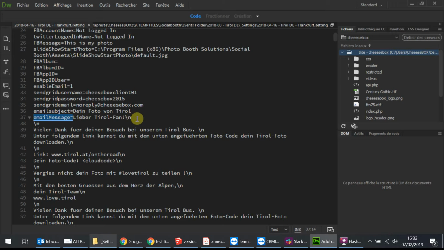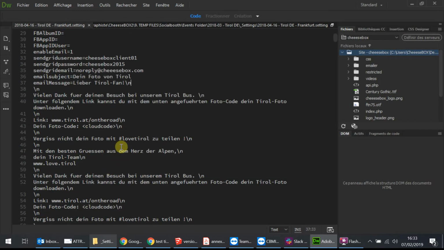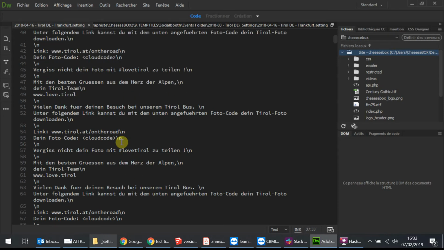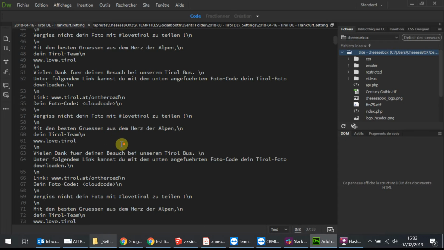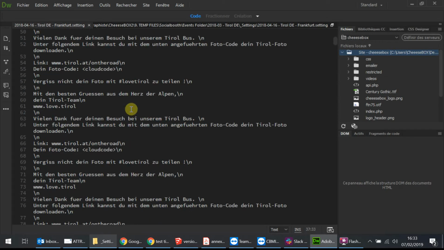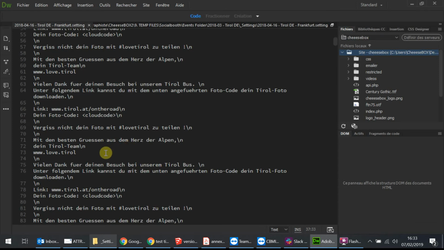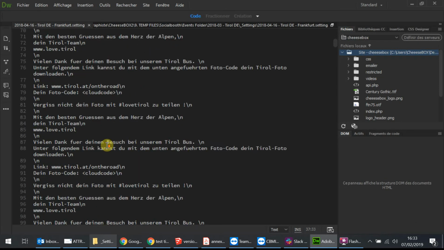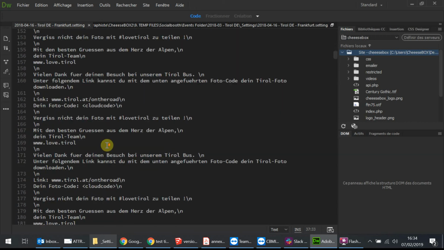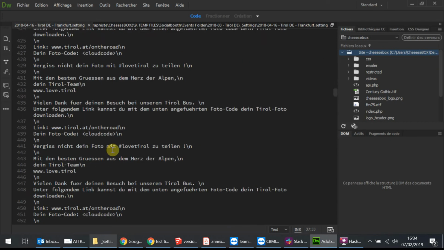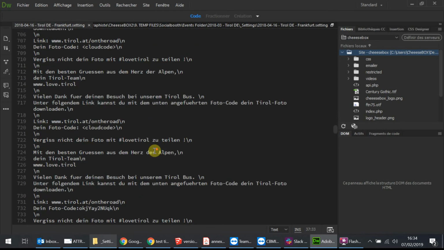So I have "Liebe Tirol fan", and then there's this \n, which means that it's going to go to the next line. And what I saw is that we had problems, so we had to copy paste this text every time we had a problem. And on each action that we made, each time Photobooth was actually in session, we had a problem, and my guys copy pasted that code lots of times, as you can see here. I don't know how many times they copied it, but it's a lot. So what I did